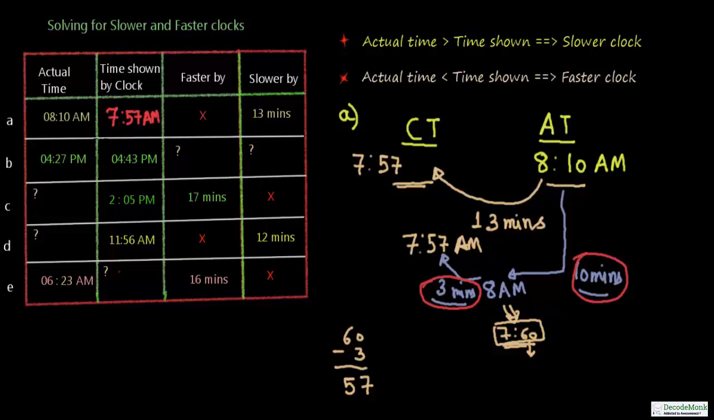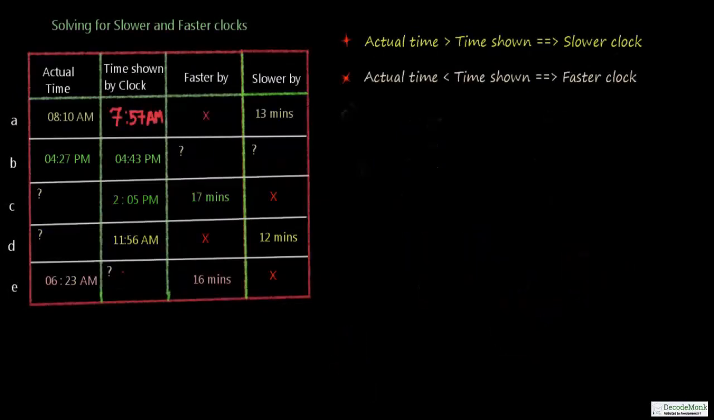I hope you have understood how we have drawn the analogy with the number line and solved this problem. Considering question number B, here you have been given the actual time and the time shown by the clock, and you have to find out whether the clock is slower or faster, and if faster or slower, by how many minutes. So we see that the time shown by the clock is more than the actual time. The time shown by the clock is 4:43 p.m. and the actual time is